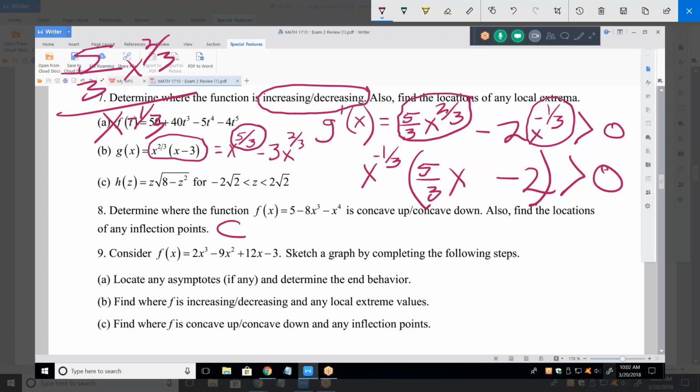Critical points are pretty easy at this point. I can't figure out critical points when it's in the other format. But once I get it to be the product, the definition of critical points is where's that equal to 0? Where's that equal to 0? So what are my critical points? It's just 0 and